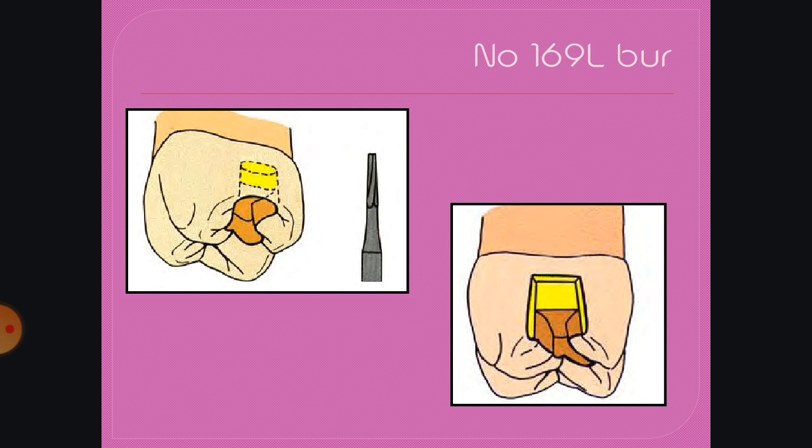Again, you have to make sure that there is a slight amount of divergence. You have to keep the burr slightly diverging, that is, the walls have to be slightly diverging. Ideally, initially it was taught that you have to make it parallel, but a slight amount of divergence is possible, say around 8 to 12 degrees. You should not increase the divergence or increase the taper.